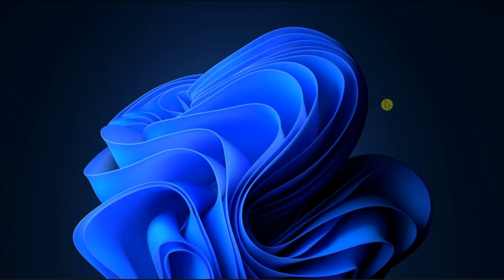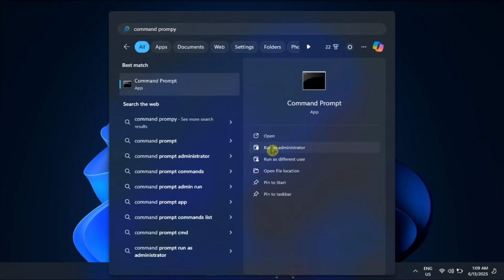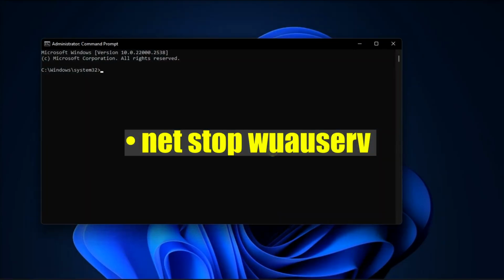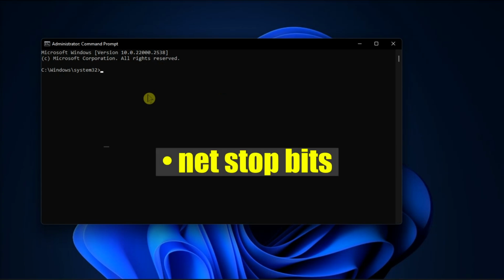So firstly, using the command prompt, open it with admin rights, then stop all Windows services by typing in the following, then press enter. After that, clear the Windows Update cache by typing in the following,